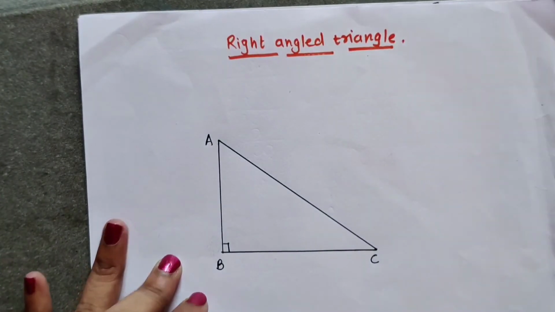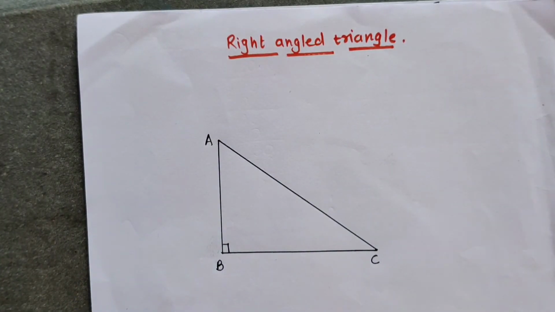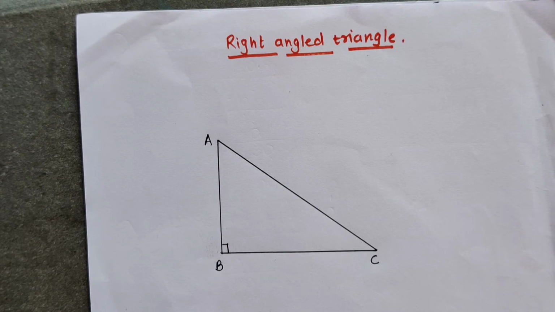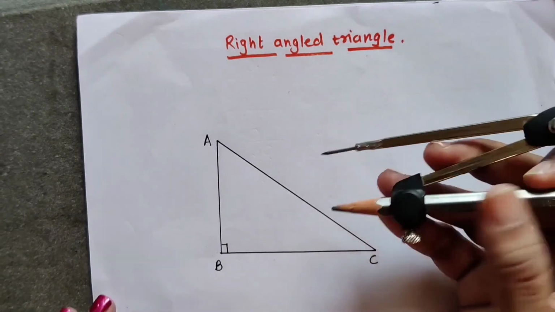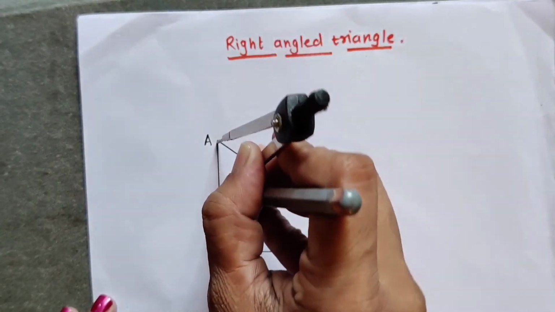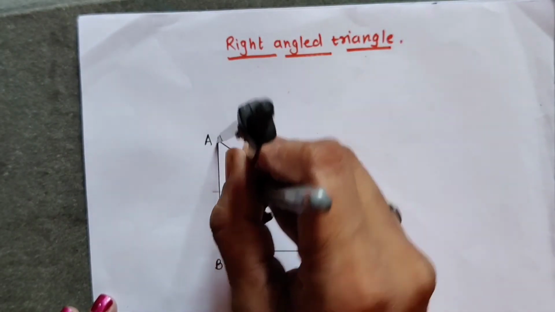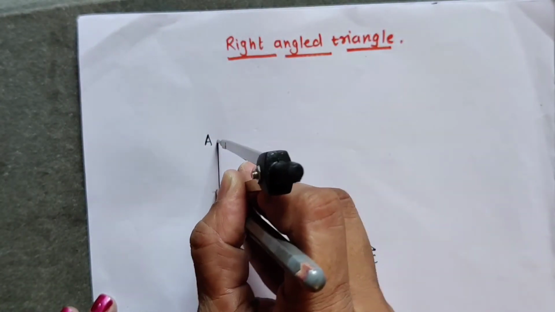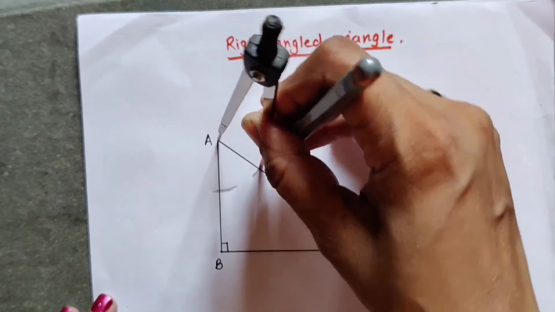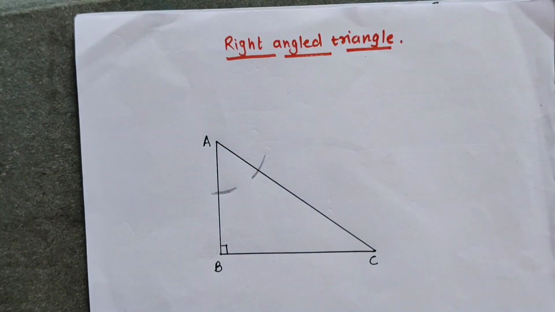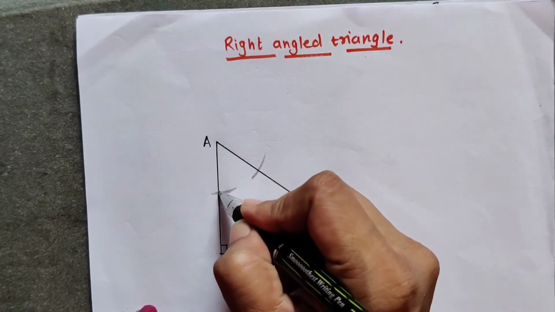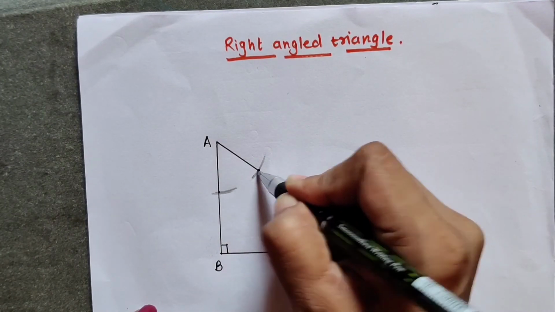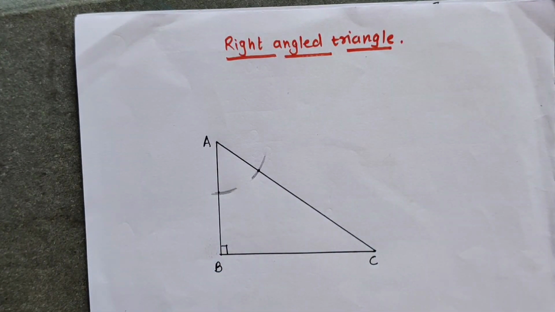Now we have to draw angle bisectors of all 3 angles, angle A, angle B and angle C. So let us draw in the same procedure. We are following the same method. First we will be using our compass to draw the arcs on side AB and side AC. From vertex A, I have drawn 2 arcs, one on side AB and other on side AC, and in this way we have got 2 points on these 2 sides. I am going to mark these points little dark.